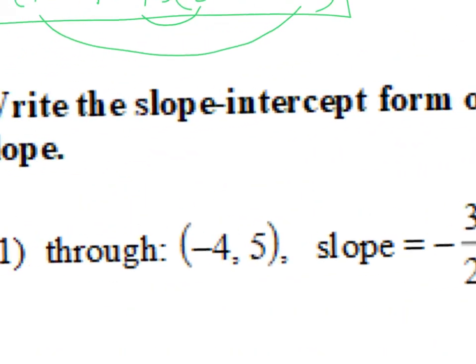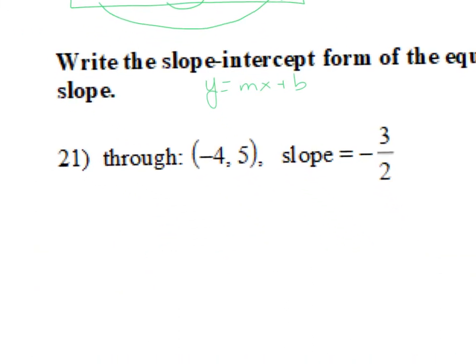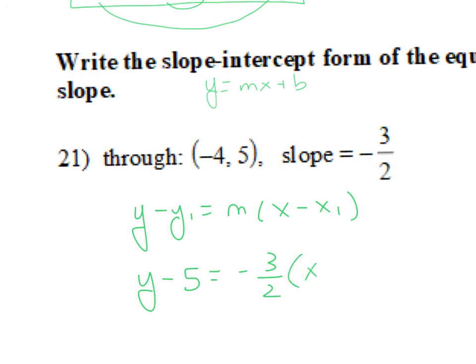Okay, so this is asking for slope-intercept form, so y equals mx plus b. Remember, that's where we're going to finish. So down here, I have a point and a slope. I'm going to start in point-slope form. So just as a review, remember point-slope is y minus y1 equals m times x minus x1. So I've got y minus 5 equals negative 3/2 times x minus negative 4,